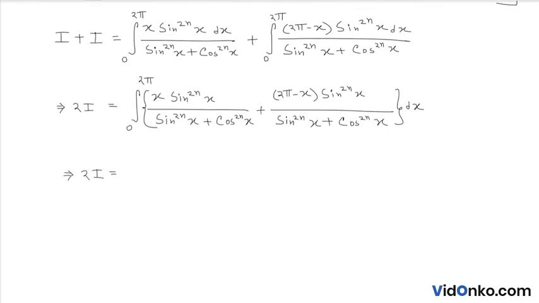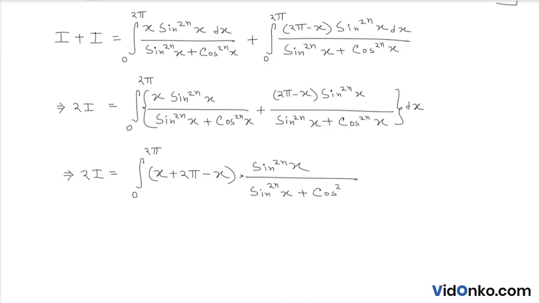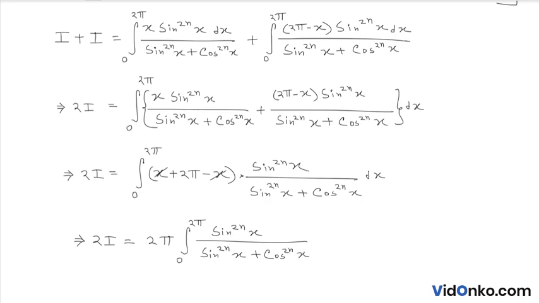2I equal to integration 0 to 2 pi x plus 2 pi minus x into sin to the power 2n x by sin to the power 2n x plus cos to the power 2n x dx। এখানে x, x ক্যান্সেল আউট, 2 পাই যেহেতু কনস্ট্যান্ট, 2 পাইকে আমরা নেক্সট স্টেপে বাইরে লিখতে পারি, তাই 2 pi integration 0 to 2 pi sin to the power 2n x by sin to the power 2n x plus cos to the power 2n x dx।